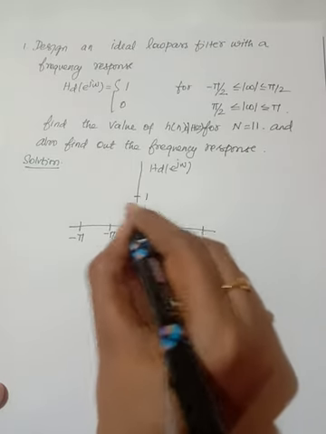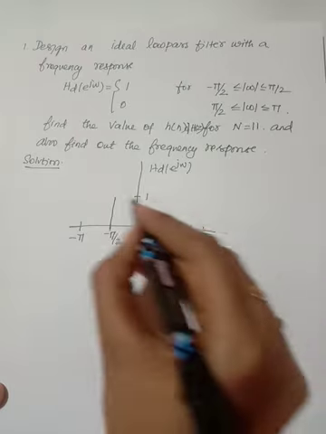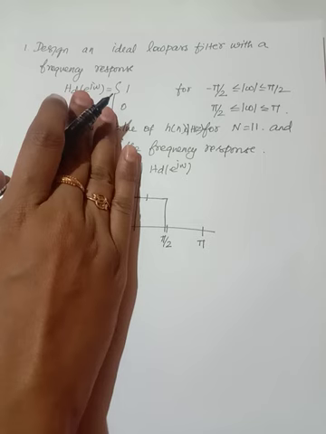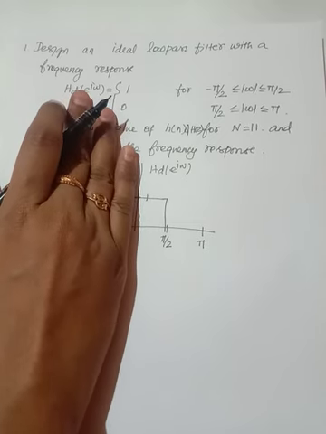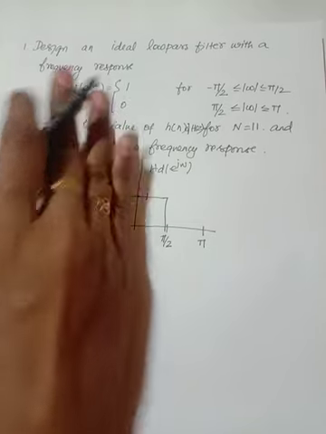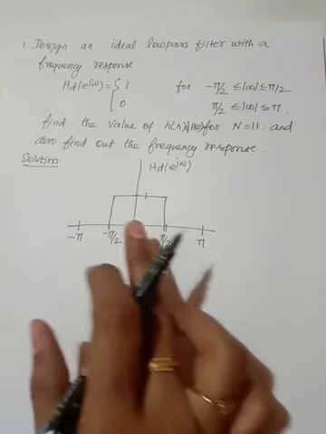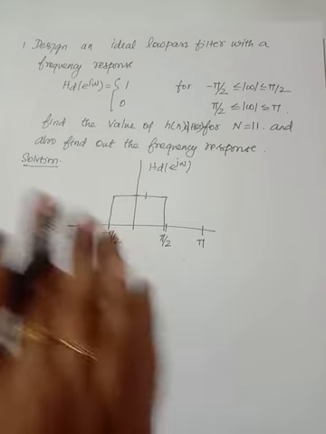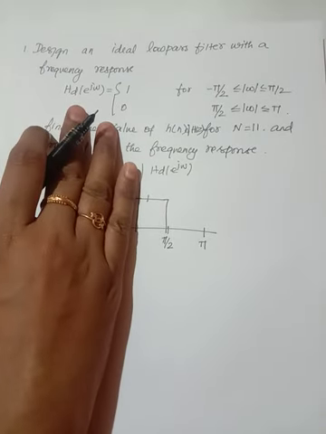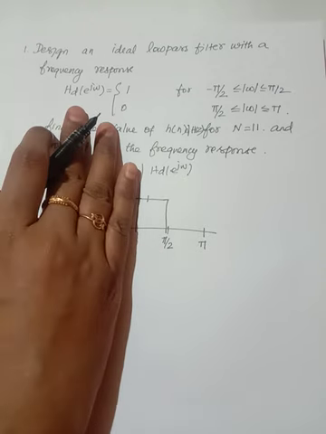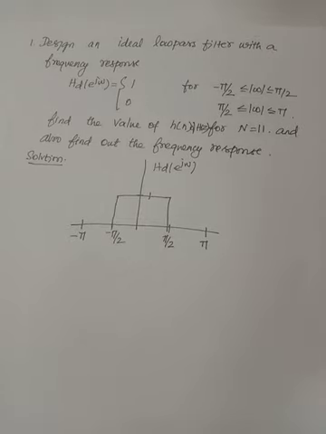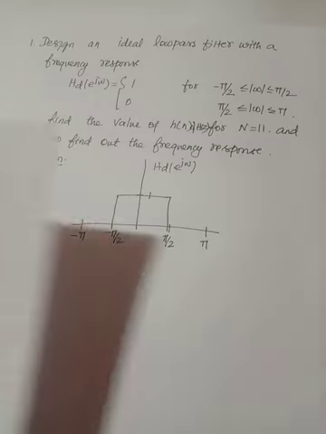The response is ideal, that is, here you get the response like this. Now consider this one, which type of filter is it? It is a low pass filter. So this is a symmetric condition that we are considering. This is the ideal low pass filter with cutoff frequency pi by 2. Understood? Next, based upon the algorithm, we need to perform the design now.